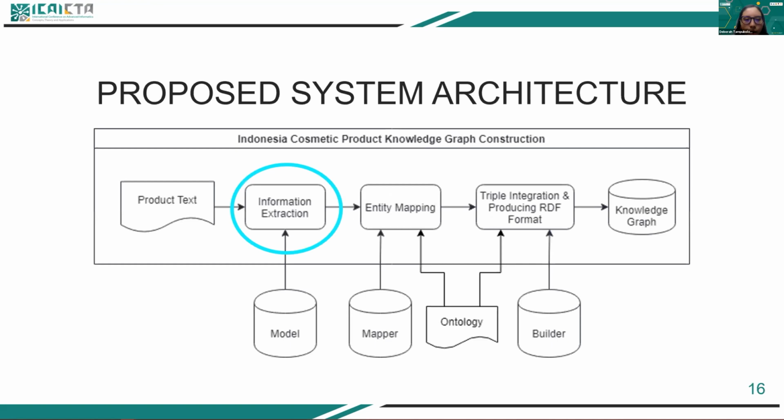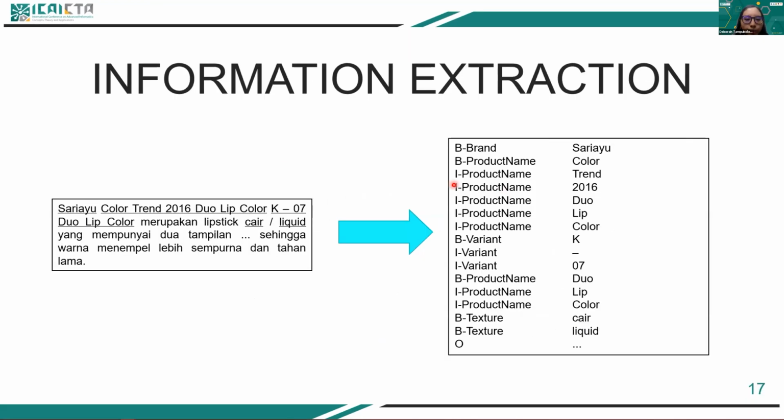There we're using BIO notation, which means B is begin, I is inside, and O is other. So in this case, Sariayu is the B brand, color is the B product name, trend is I product name, and so on. The extracted information will be mapped